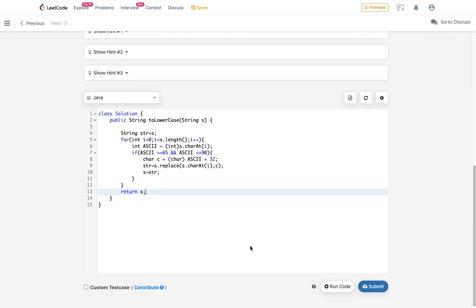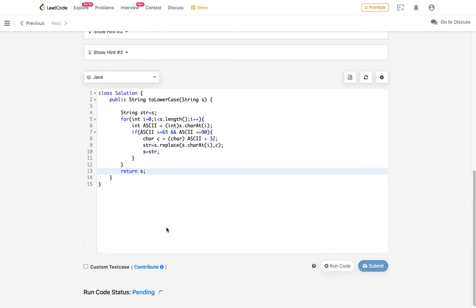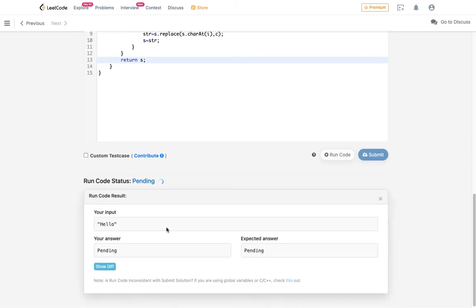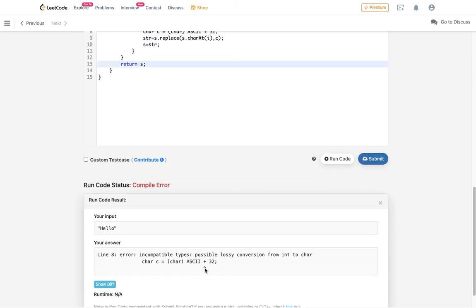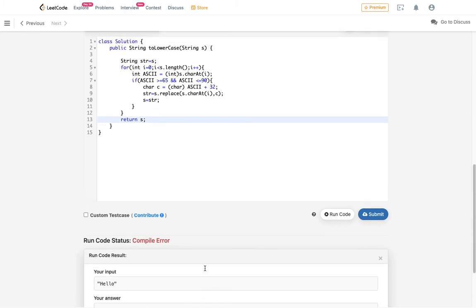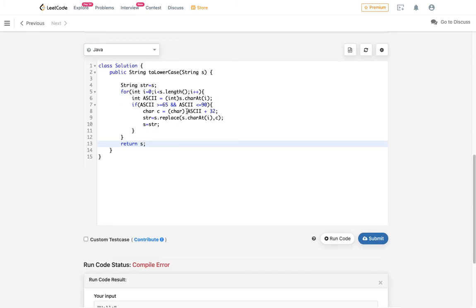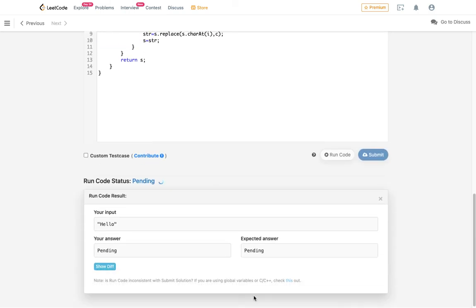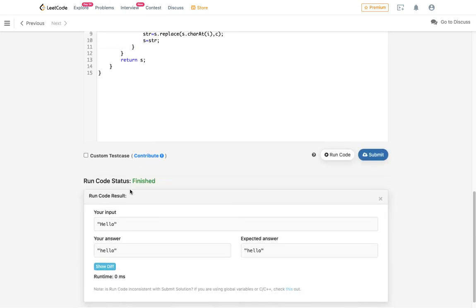Now let's compile it. What's the problem? Oh, I need to, yeah, yep. So capital H is converted to lowercase.